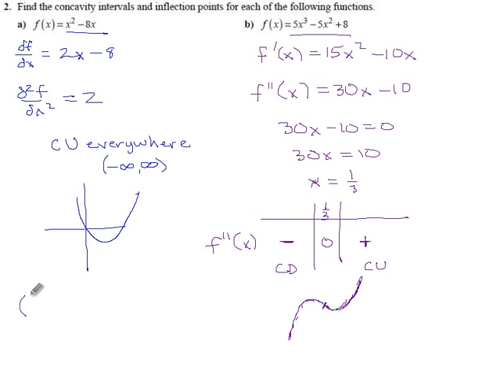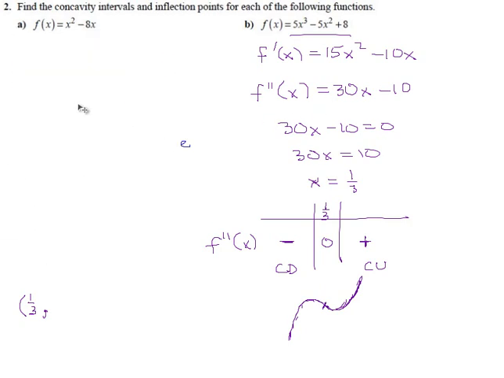It's a bit of a chore, but let's be good. The x-coordinate of the inflection point is 1/3. The y-coordinate, we have to plug it into here. And we get, I'm going to clear out some space. Five times x to the third minus 5 times x squared plus 8. What do we get here? 5/27 minus 5/9